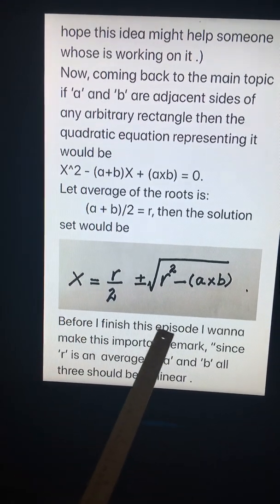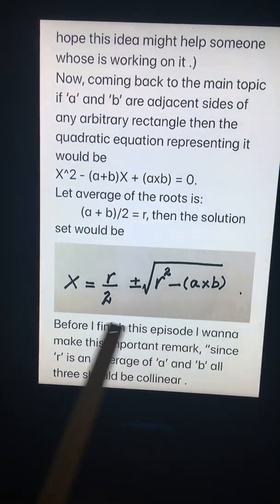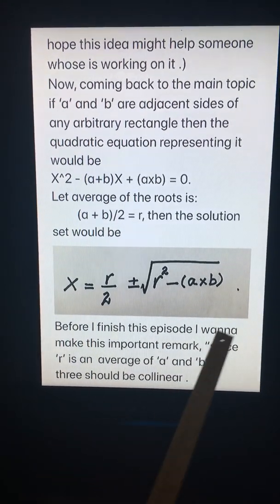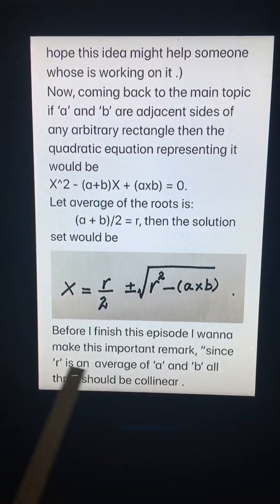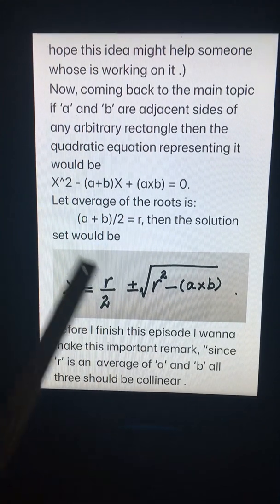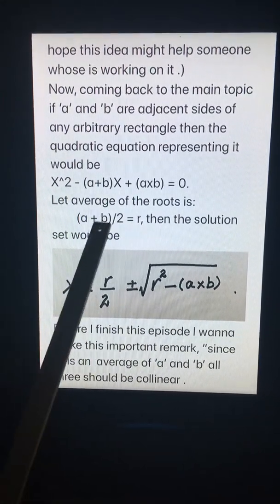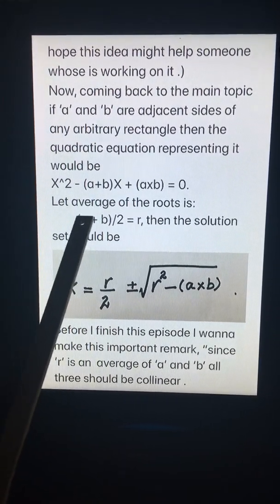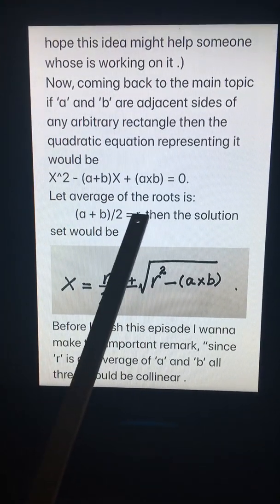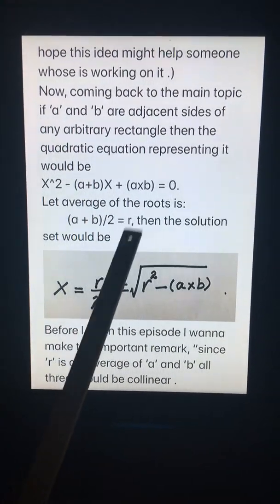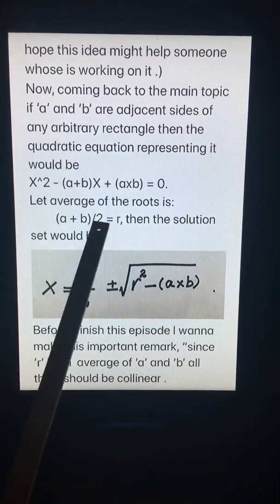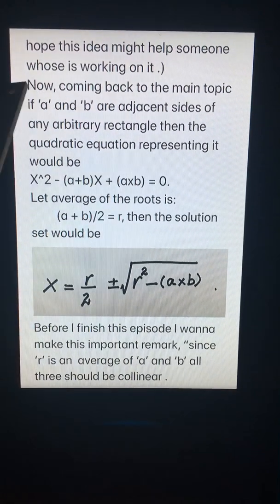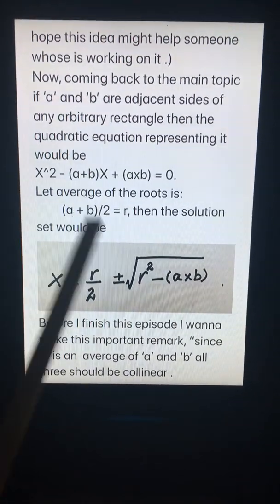Before I finish this episode, I want to make this important remark. Since r is an average of a and b, all three should be collinear. So here we have three: a, b and r. All of them must be collinear because r is an average of a and b. So we cannot turn b here, though this